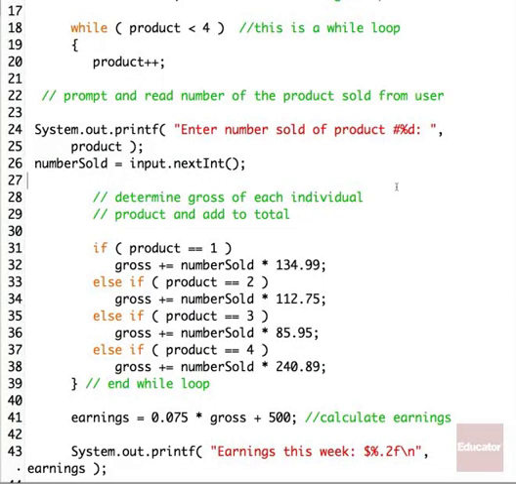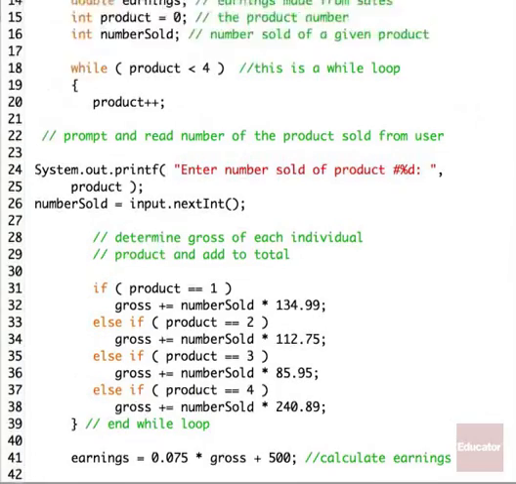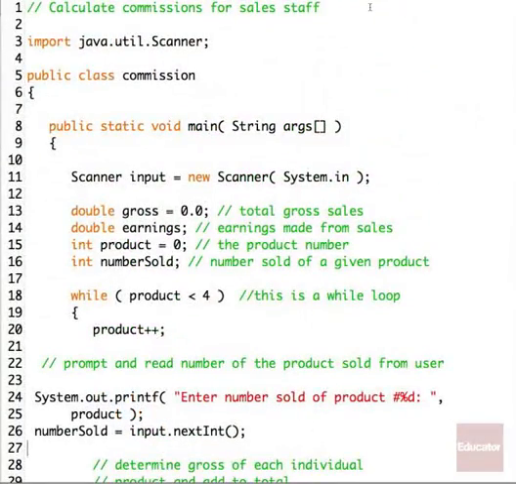All right, the first program we're going to look at here is a program that is going to calculate commissions. So let's say that we're running a sales staff and we're selling products. We're working for a company, and we want to have salespeople that are selling products to customers. And we want that sales staff to be working on commission, and then we want a program to be able to enter their totals, in other words, the number of products they sold, calculate their commission, and then return you